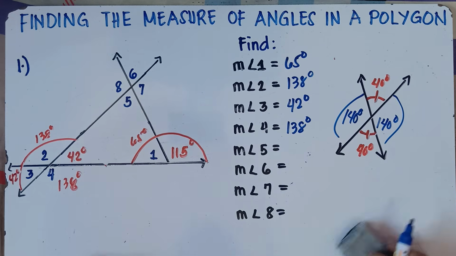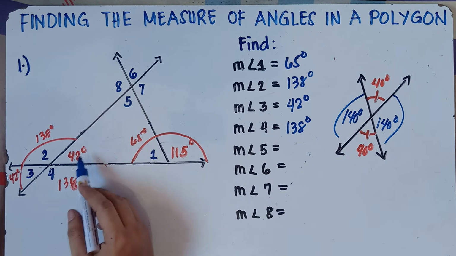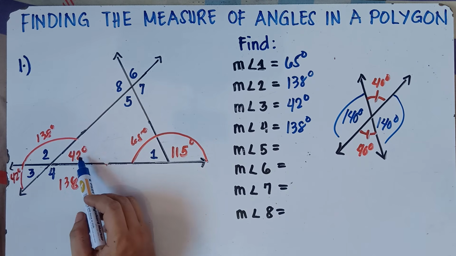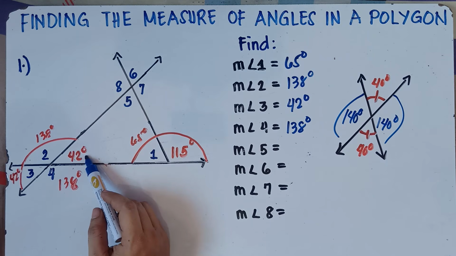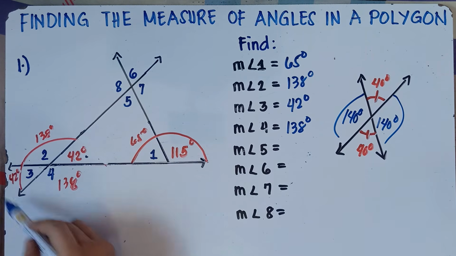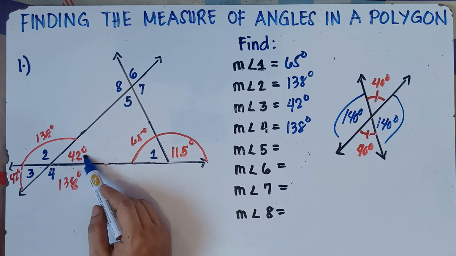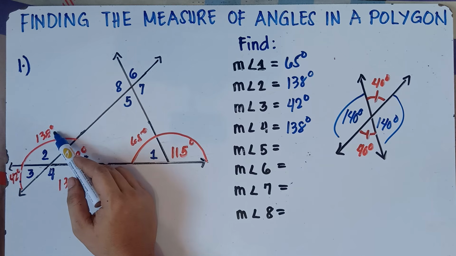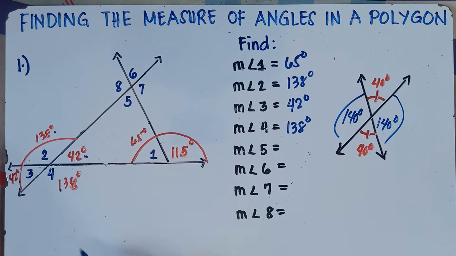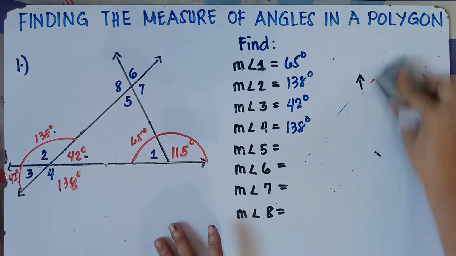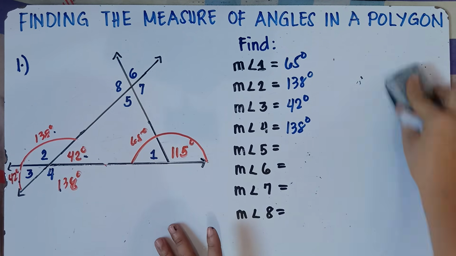So you can always check, class, based on this given illustration. We know that these angles are vertical angles. 42 degrees, and opposite of 42 degrees, it forms the letter X. Therefore, if this is 42, angle 3 should be 42. If this is 138, angle 4 should be equal to 138 degrees, because these are vertical angles. So that's one way to check if you answered correctly: you can use vertical angles if you remember them.